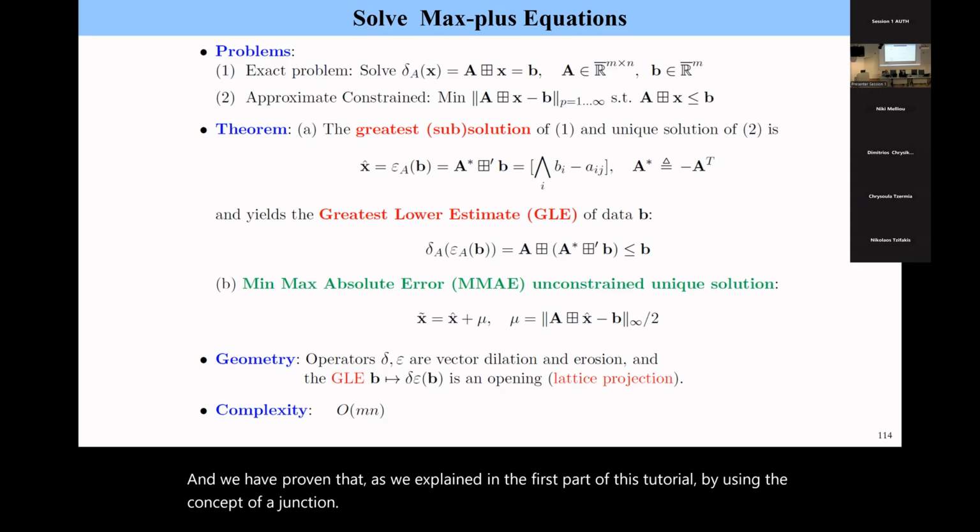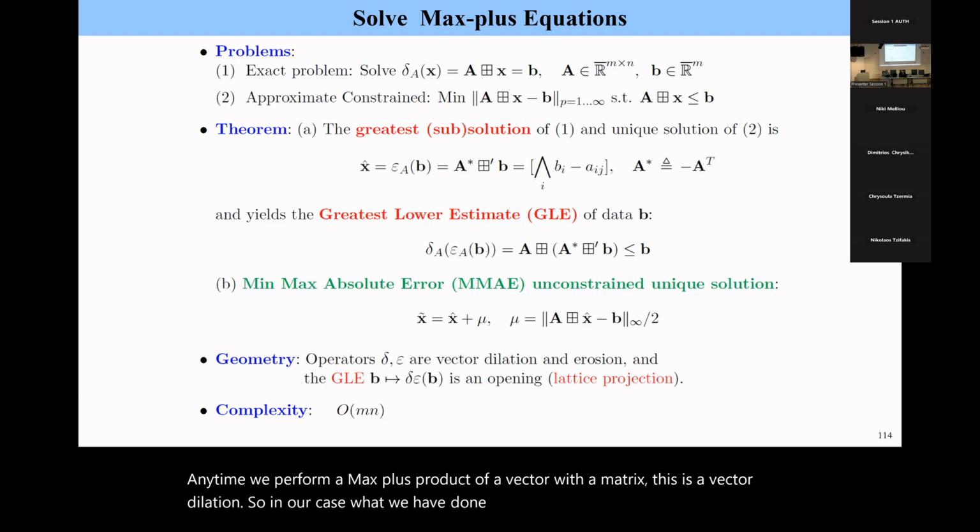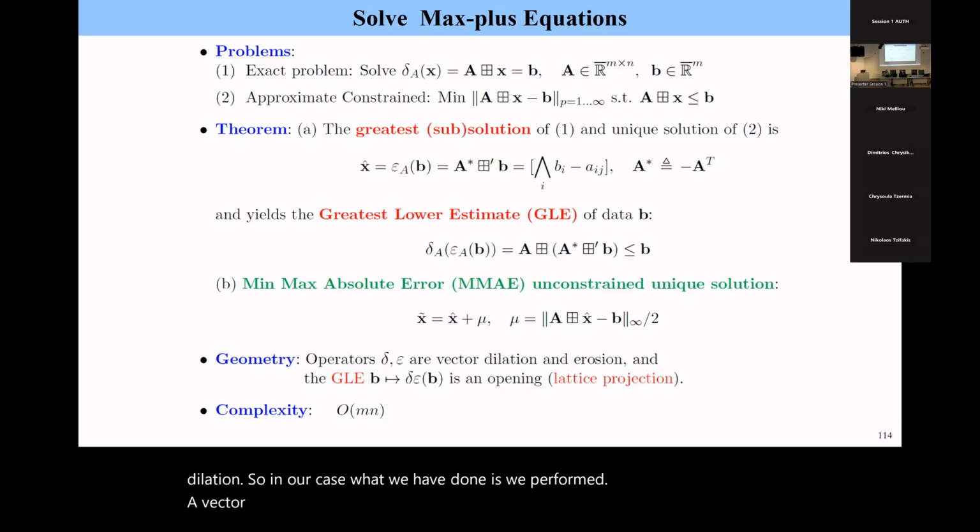Anytime we perform a min-plus product of a vector with a matrix, this is essentially a vector erosion. Anytime we perform a max-plus product of a vector with a matrix, this is a vector dilation. So in our case, what we have done is we performed a vector erosion of b to obtain the solution x hat,